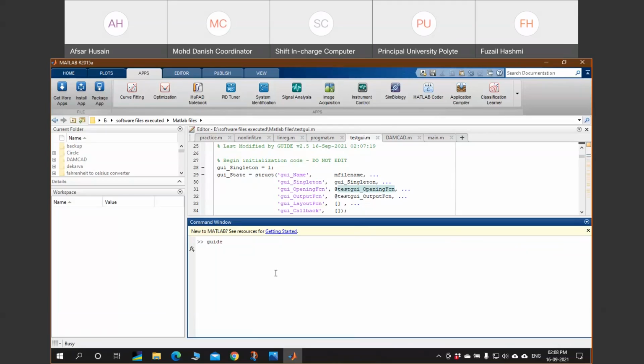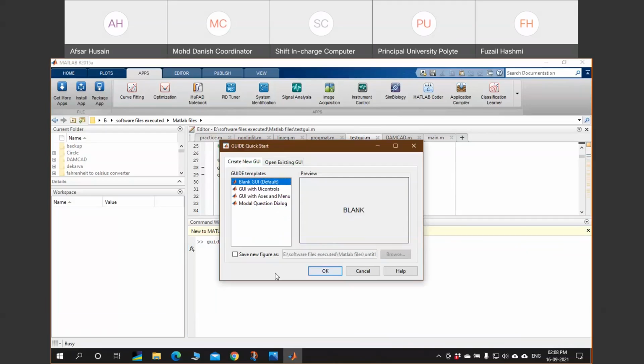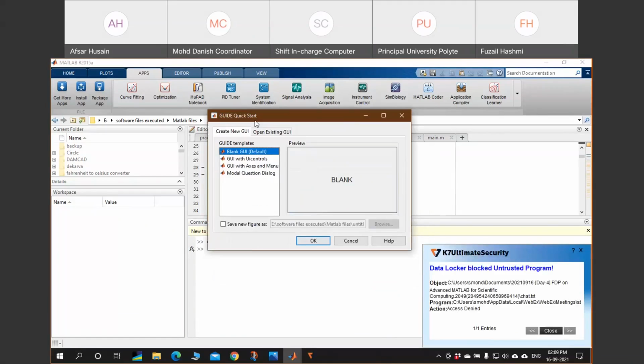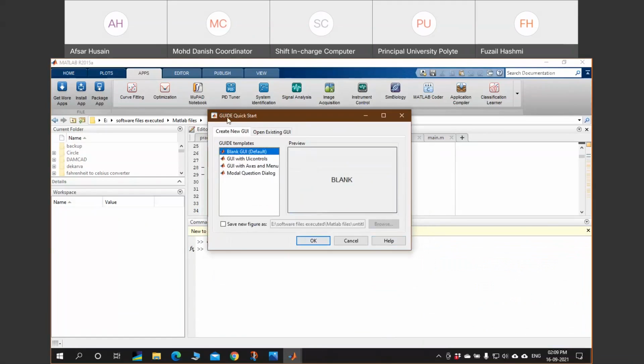Okay. So once you do this, a dialog box will open. This dialog box is the GUIDE Quick Start. Here you can see that there are two buttons. First is Create New GUI. GUI means graphical user interface. Here are some options; some templates are given. First is Blank GUI, a blank graphical user interface.